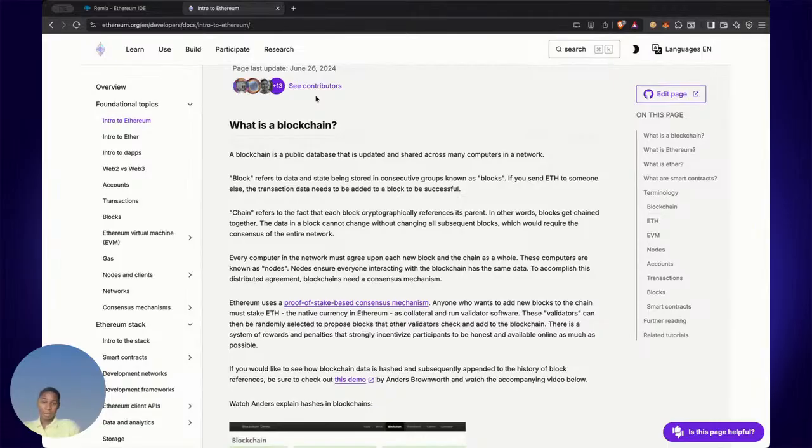A blockchain is a public database that is updated and shared across many computers in a network. The whole idea of a blockchain is to solve the centralization problem, where in recent years banks used to keep the database ledger on a centralized server that only they can access.